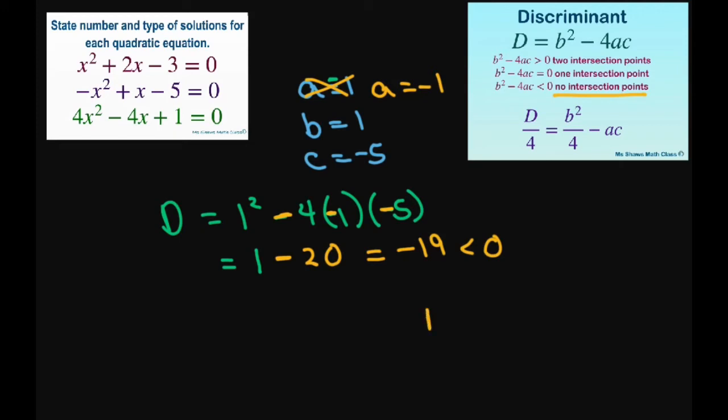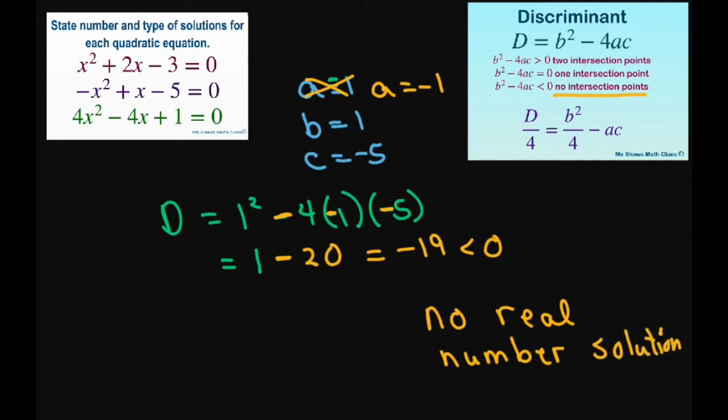So there's no real number solution. There's a complex solution, but not a real number solution. All right, the complex number, you could write this, for example, square root of negative 19 is square root of 19 i, right? So that's the difference between real and complex. All right, and the next one,